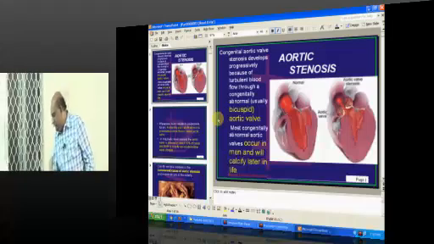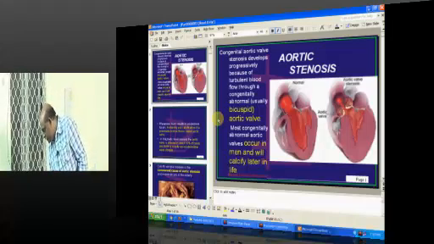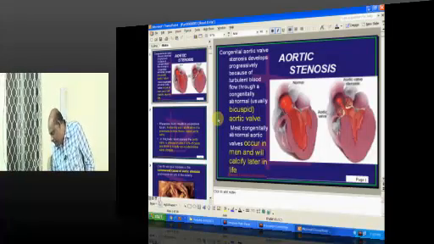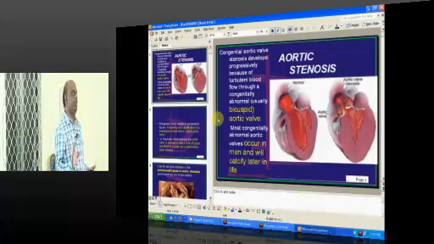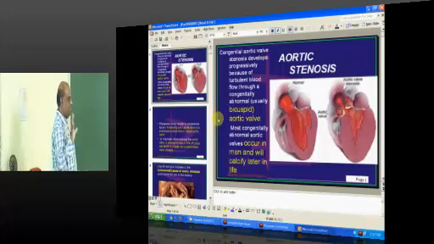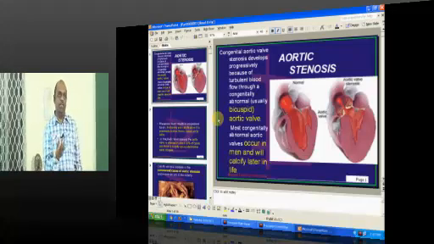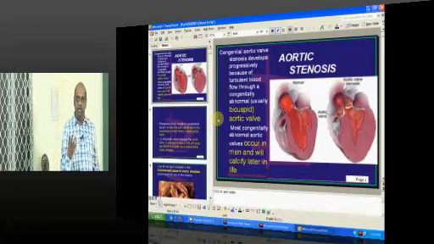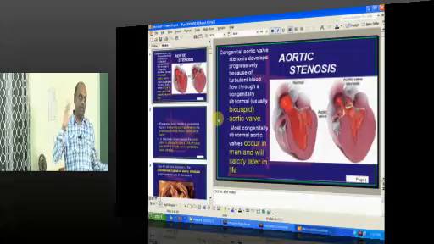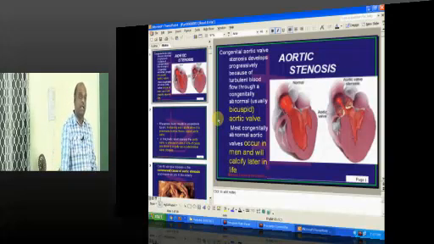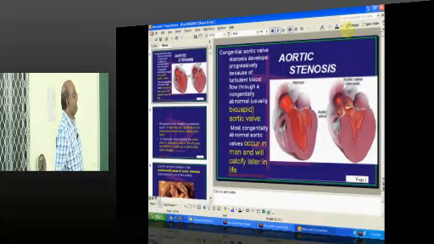So doctor, this brings us to the most common issues with regard to aortic stenosis. How does it clinically present? What is the pathophysiology? What is the specialty of the murmur? How is its radiation? How do you differentiate it from HOCM? Etc., etc. You need to be very, very clear about these.